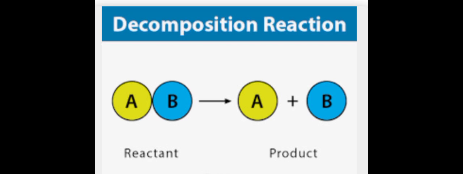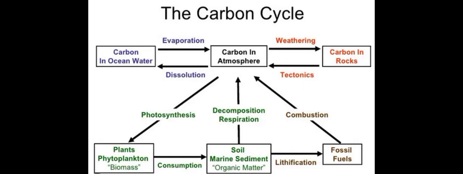Now the carbon cycle is very important. Why? Because even our skeleton is made up of carbon. Carbon atoms are a part of the molecules of biological molecules such as carbohydrates, fats and proteins. They are all made up of carbon. Now the question arises, where did that carbon come from? The carbon comes from the atmosphere.